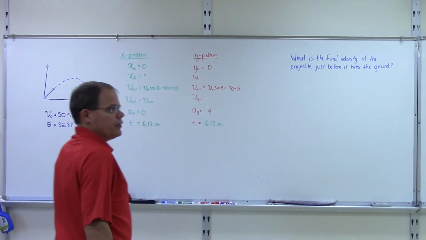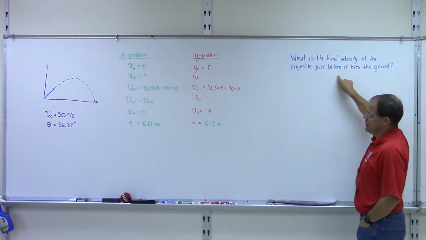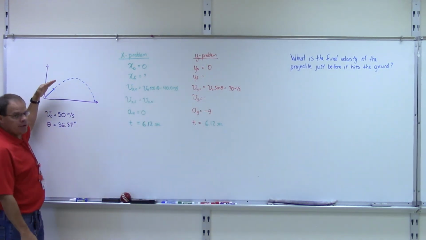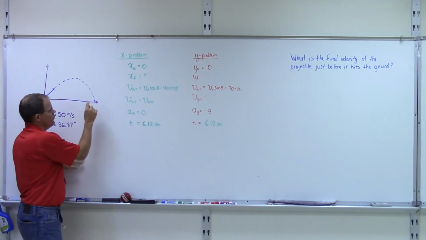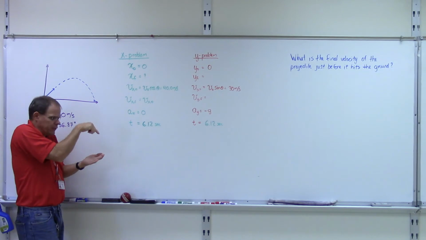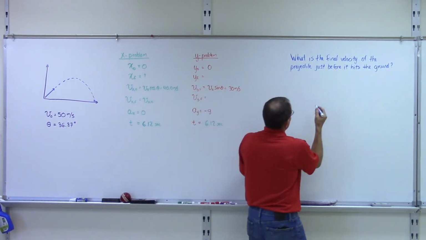Okay, in this tutorial, what we're going to ask is, what is the final velocity of the projectile right before it hits the ground? So you launch a projectile up, it reaches its maximum height, it comes back down. How fast is it moving right there, the instant before it hits? So what we have to do is realize that right before it hits,